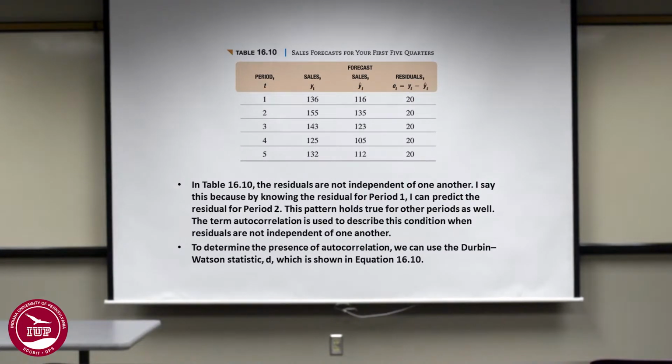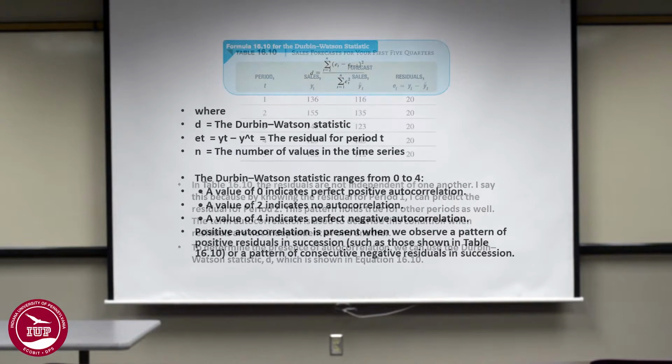The term autocorrelation is used to describe this condition when residuals are not independent of one another. To determine the presence of autocorrelation, we can use the Durbin-Watson statistic, D, which is shown in equation 16.10, where